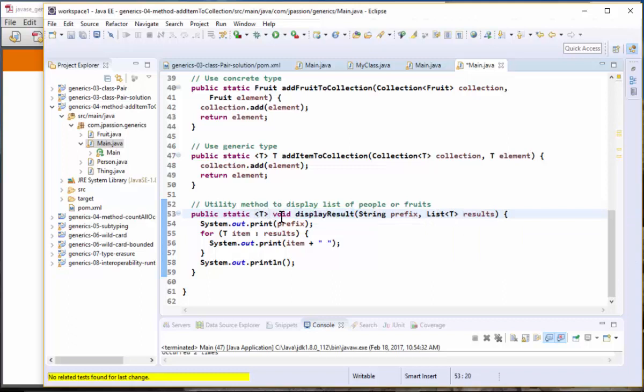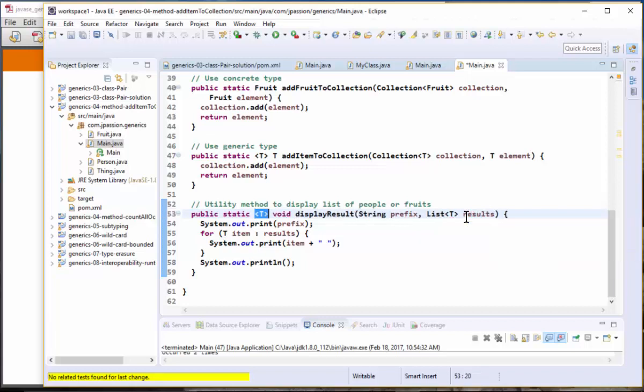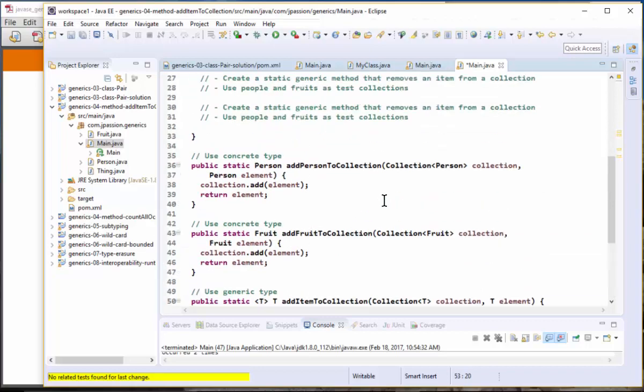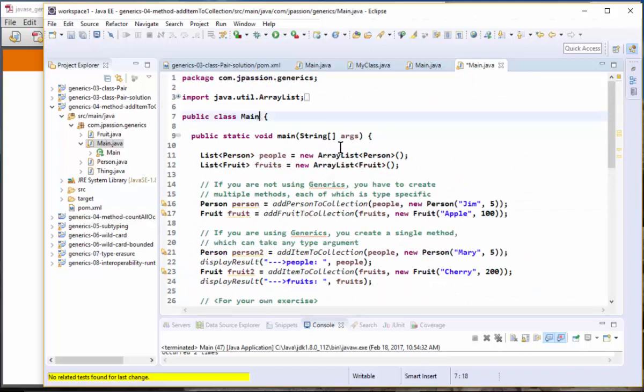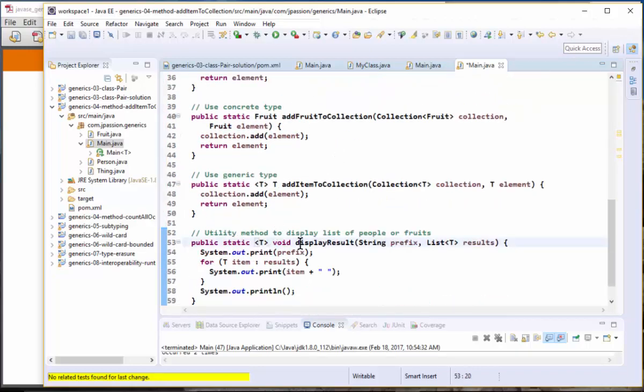But again, if you miss this T notation here, it's going to consider this T as a regular type. Okay, so for a generic method, you have to make sure you have this T notation on the method level. Now, if you say the main class is T, like this, then you don't have to have this because T is now considered as the type, oh,